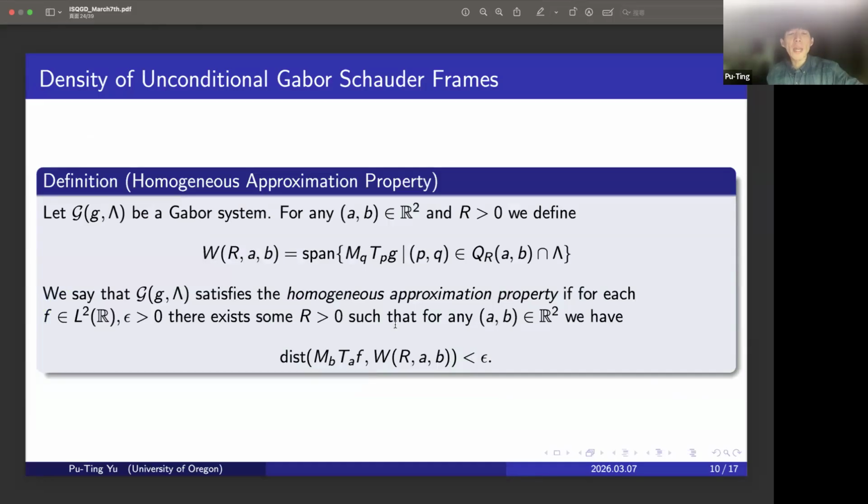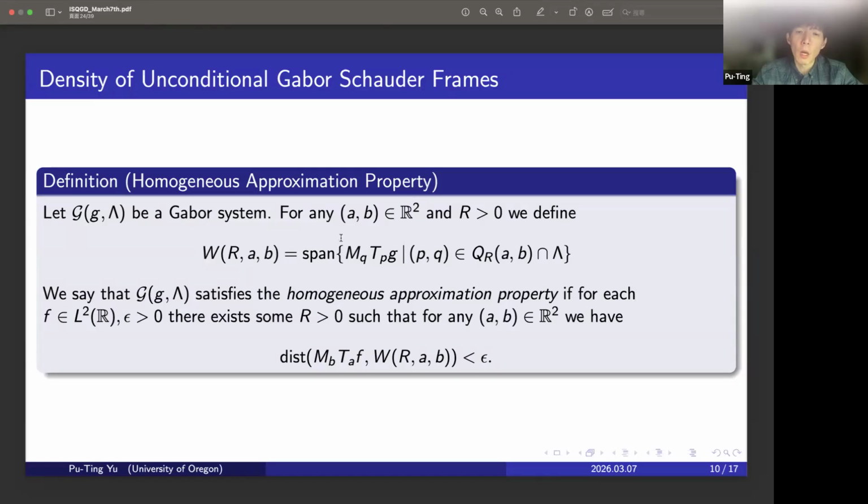And the main idea in their paper was the so-called homogeneous approximation property. So let me explain what this homogeneous approximation property is. Assume that we have a Gabor system G, Lambda. Then for any a, b in R^2 and any R greater than 0, we define